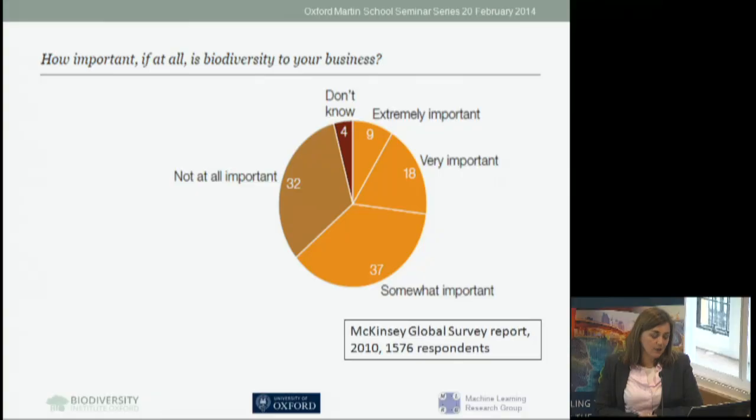This was a McKinsey Global Survey report in 2010. And up to 65% did think that biodiversity was important for their business. Now, there's two sides to this. The first is they thought it's important because when they damage it and get it wrong, like the oil spills, then that has a huge impact on their business, both reputationally, but also in terms of their share, their stock prices. But many of them now see biodiversity as important for the businesses because of the ecosystem services it provides